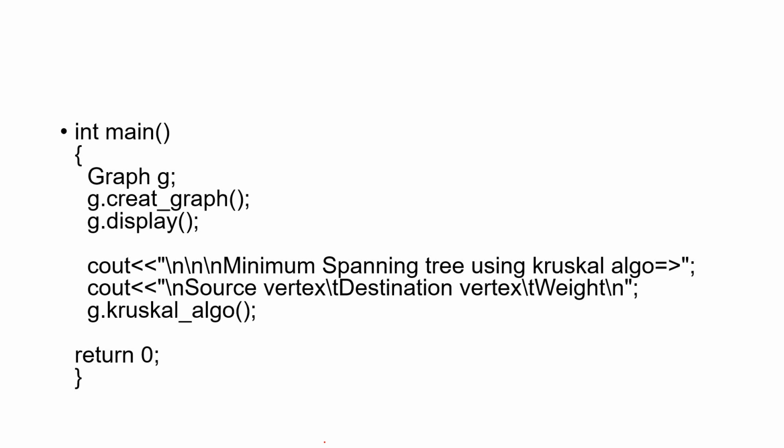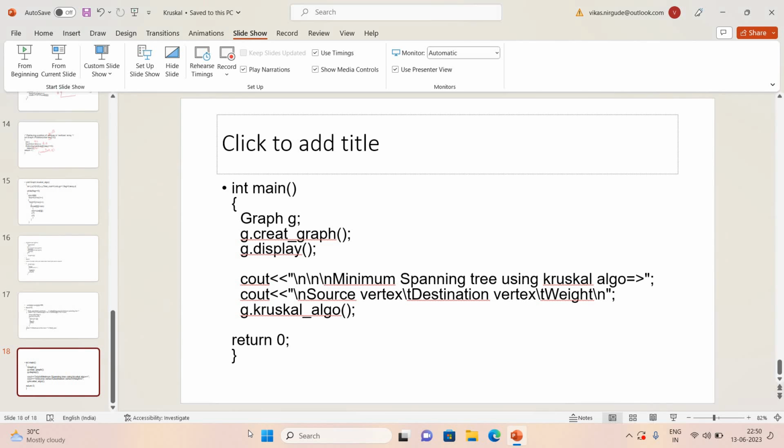And finally in the main function you just need to call all those methods like create graph, display graph, and finally display the minimum spanning tree with the Kruskal algorithm. So in this way you can calculate the